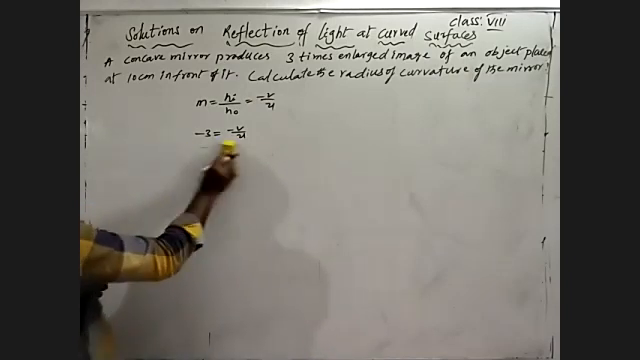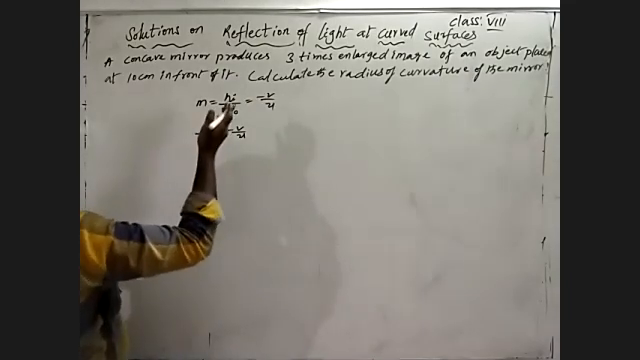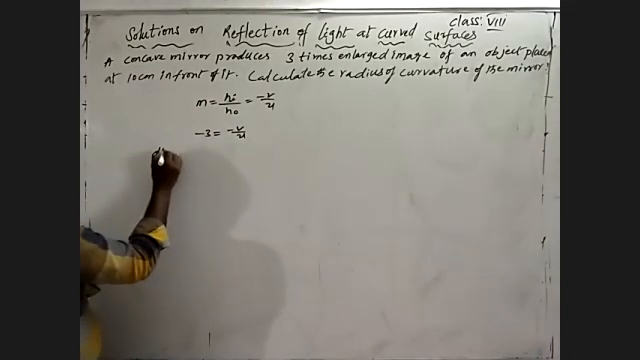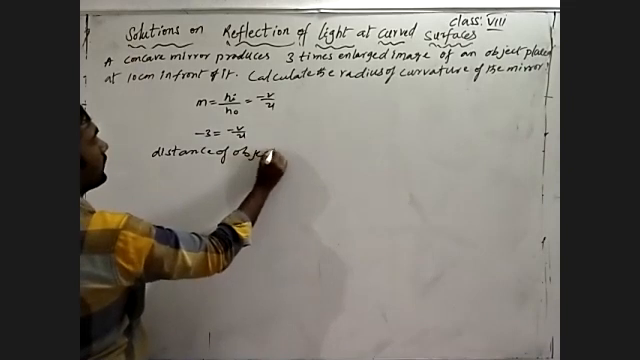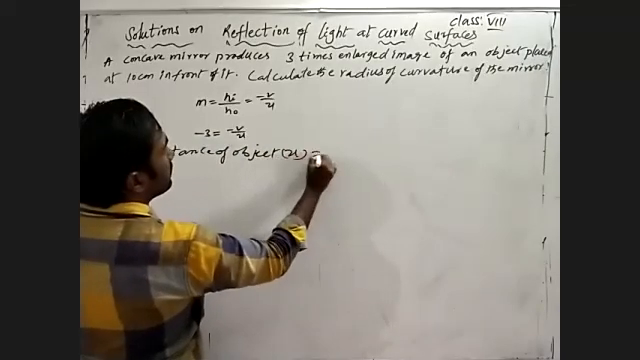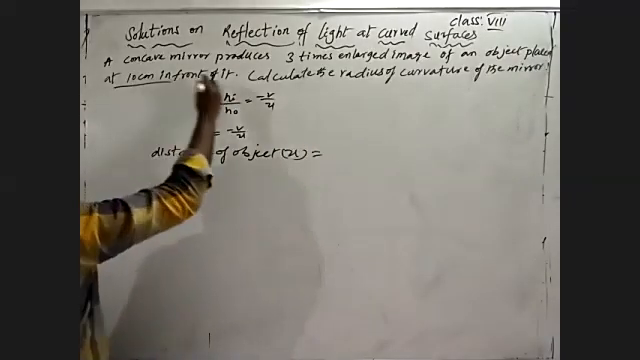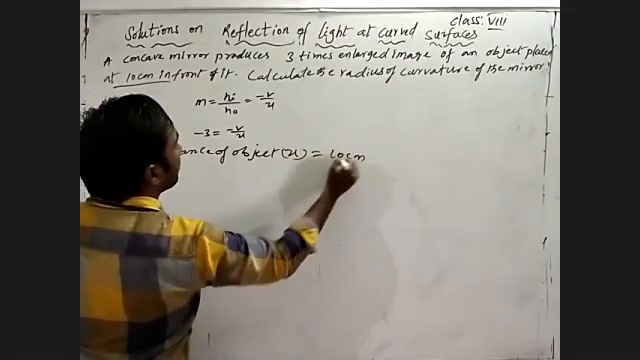Otherwise they have given the object distance, no? What object distance have they given? The object is placed at 10 centimeter. So 10 centimeter, according to sign convention,